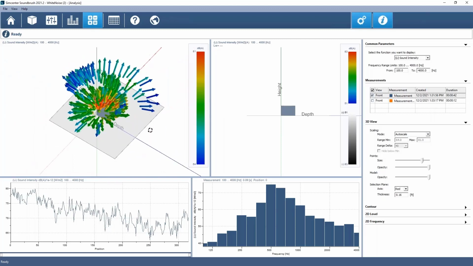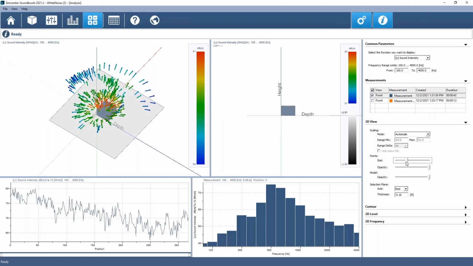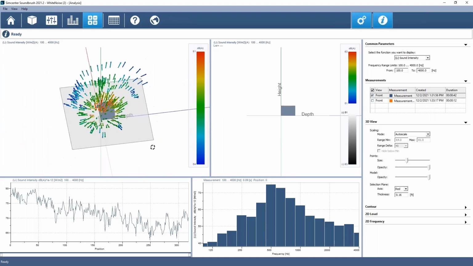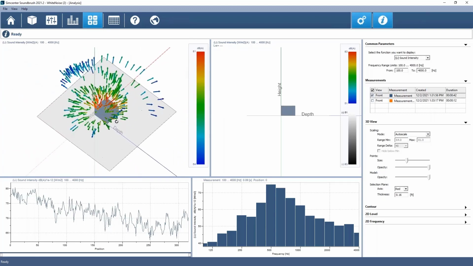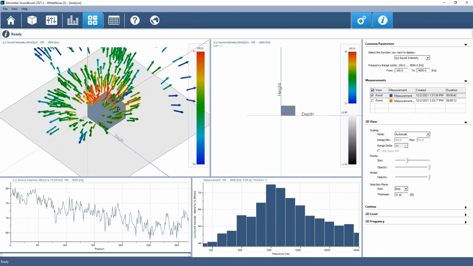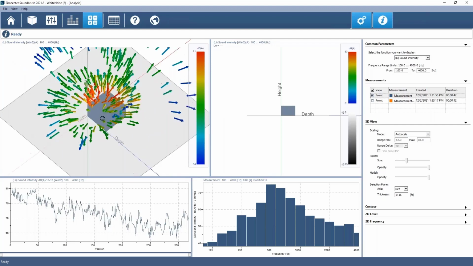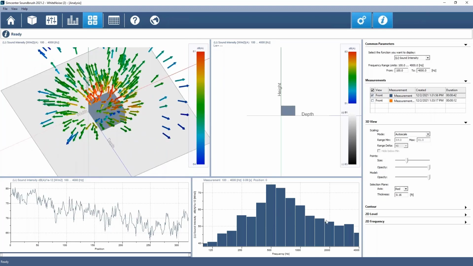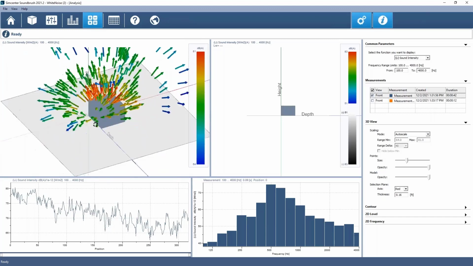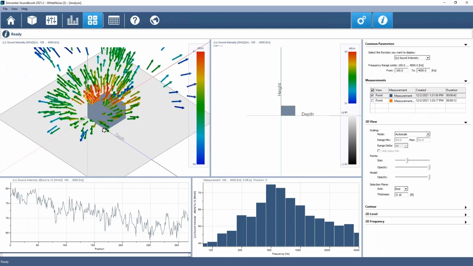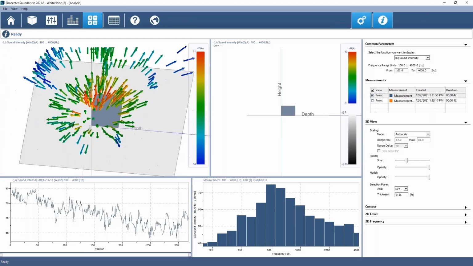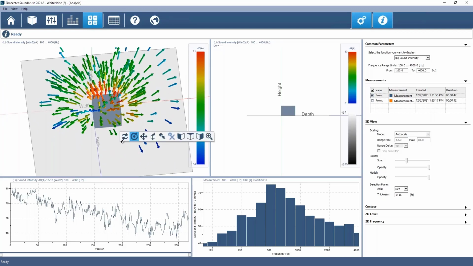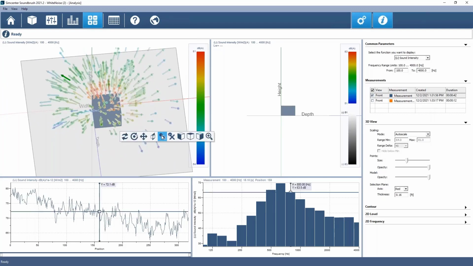If I look here just on this 3D, I can change the size of the vectors, get a little bit better visibility on my object. And this is a pretty quick and dirty test here, but you see, yep, my noisemaker does emanate noise, and it is sort of broadband in its frequency content. And if I needed to understand how the sound was flowing out, I can get that idea from rotating my 3D model.